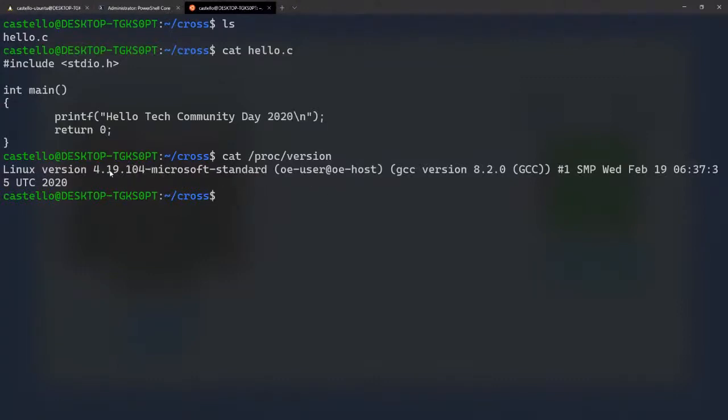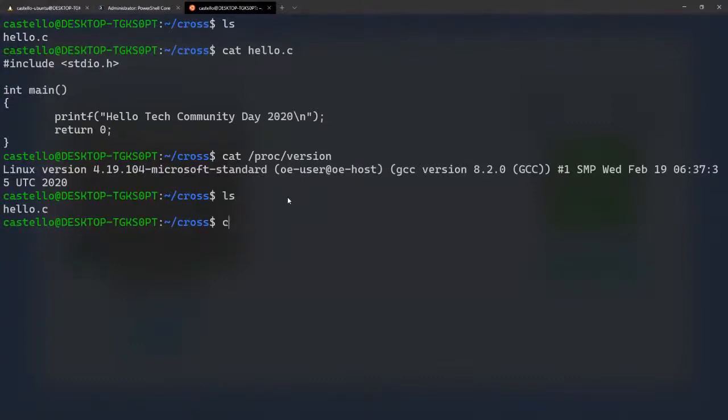So the default is to use the Microsoft one. If you have some feature that you want to add to your WSL that needs you to recompile your kernel, the best is to get the code from the Microsoft standard and compile it with this driver or feature configured. Okay, so